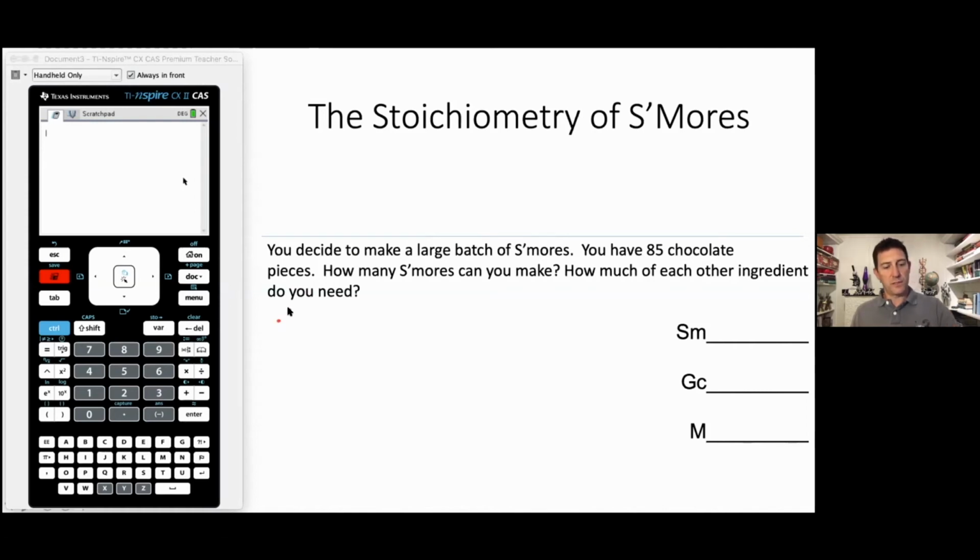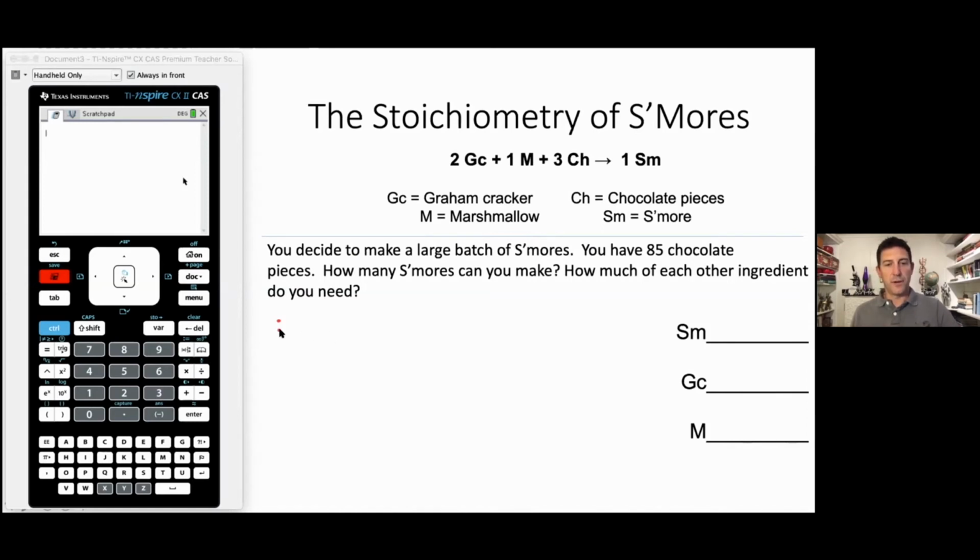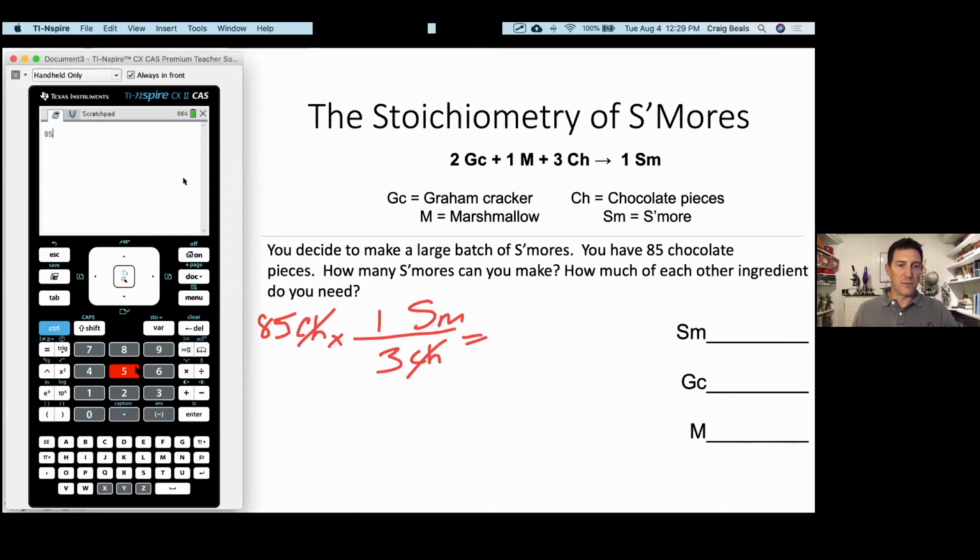We need our balanced chemical equation up here. There we go. So we've got 85 chocolate pieces. We need a conversion factor with CH down here on the bottom to get rid of our chocolate. And we can turn that into s'mores, SM. We just go up here to our balanced chemical equation. We have 1 s'more requires 3 chocolate pieces. Those will cancel. Let's type that into the calculator just to make sure I don't make any mistakes. We have 85 divided by 3 equals